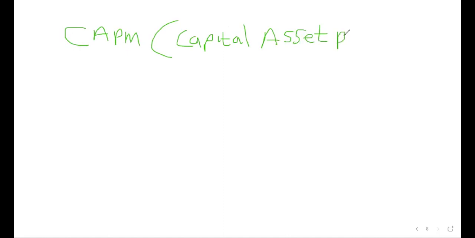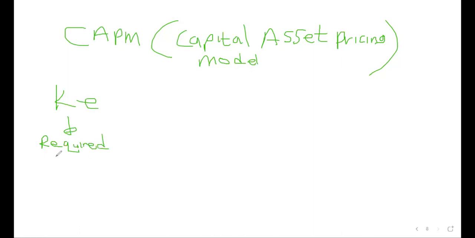Under the capital asset pricing model, we simply say the required return, Ke, which is the required stock return or required return,